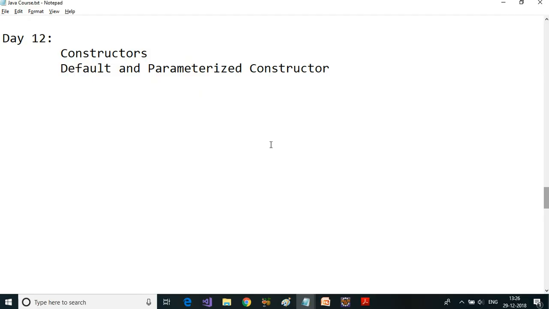In today's session, we are going to take a look at constructor, what is a default constructor and a parameterized constructor. Let us take a look at what is constructor first. A constructor is a special type of method which gets called whenever we create an object. It is nothing but a block of code which is similar to a method. There are some rules associated with constructors. Those are